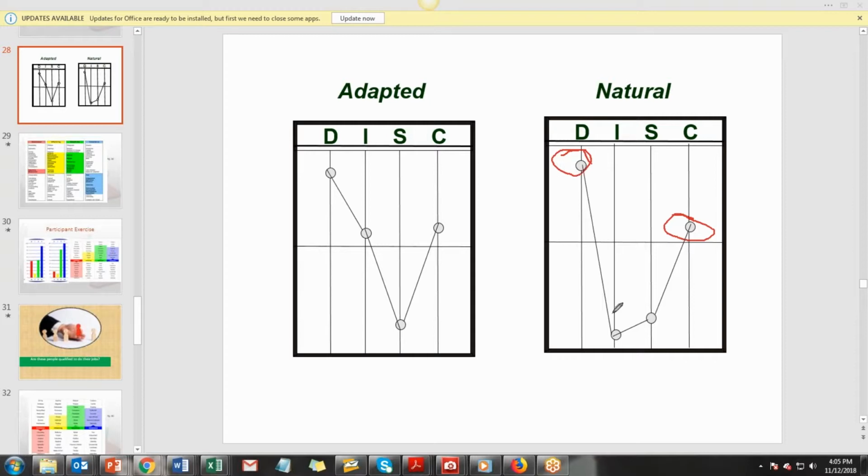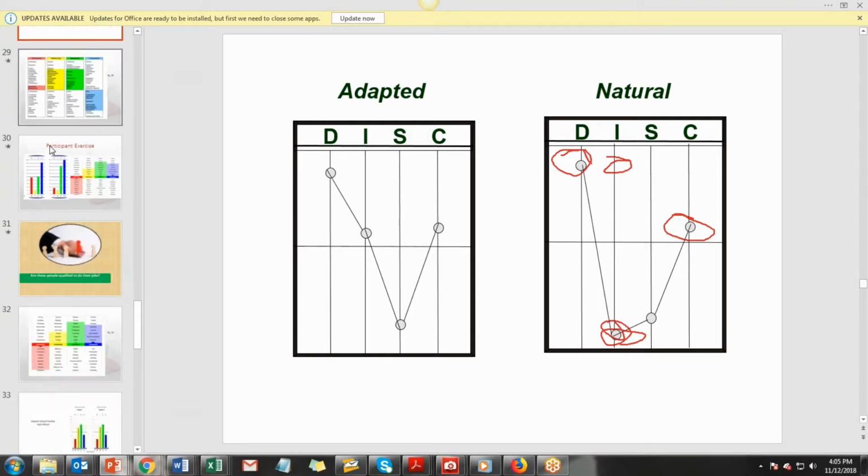They may order people because that I is down here, instead of working through people, like a person who's a D over I. How many of you are D over I core styles? Okay. So anyway, that's the process of understanding how you read graphs, by doing what we're doing. So what I want you to do is, again,